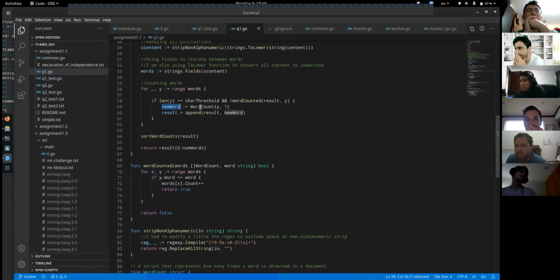What was really useful is that there was already a function provided for sorting the words, so we just used it, and then we